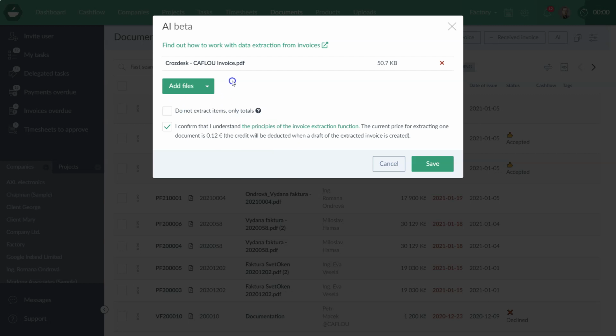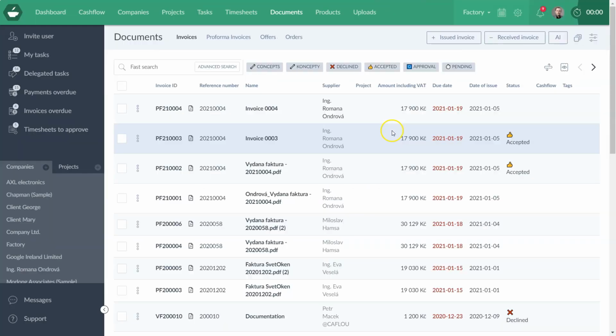For now, I'll leave it as it is. I'll click Save, and by doing that, the system is working on the invoice, and once the system is done with the invoice, you'll get a notification. Before that,